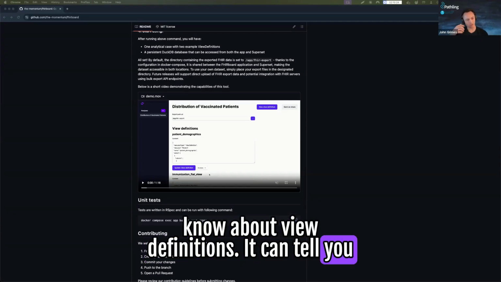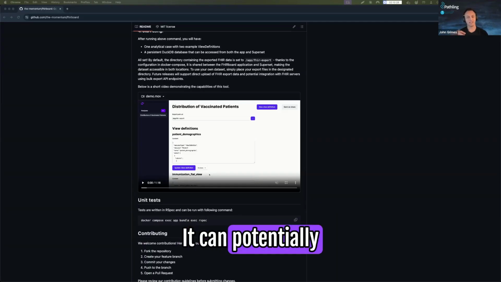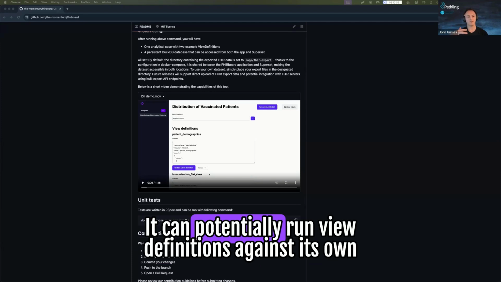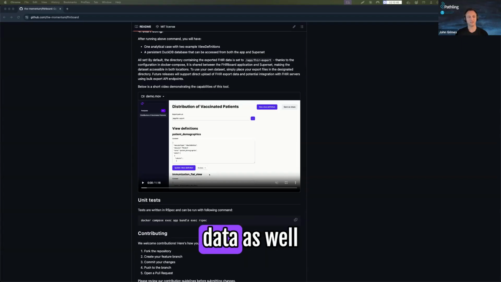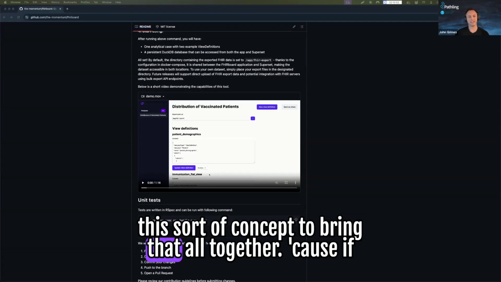It can tell you what view definitions it knows about. It can have these sets of view definitions known to it. It can potentially run view definitions against its own data as well. So I'm kind of working on this concept to bring that all together, because